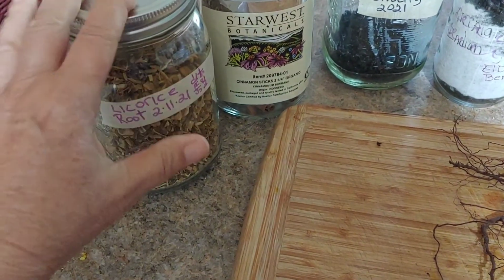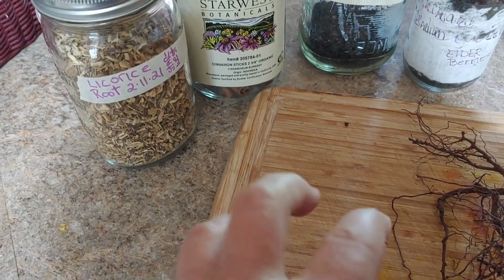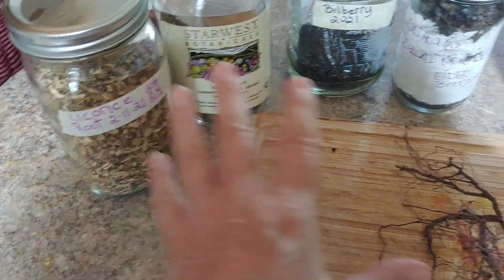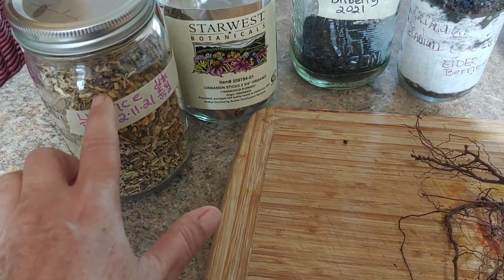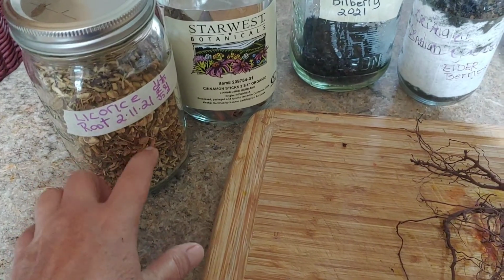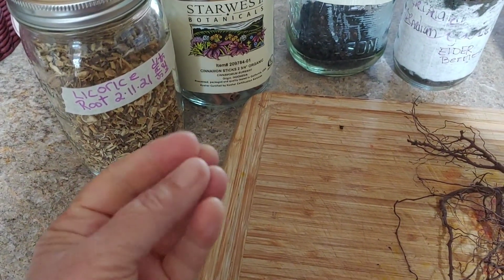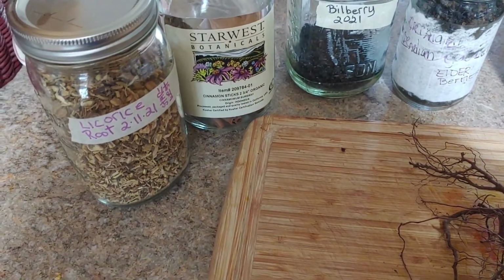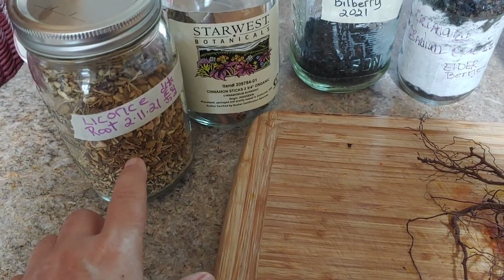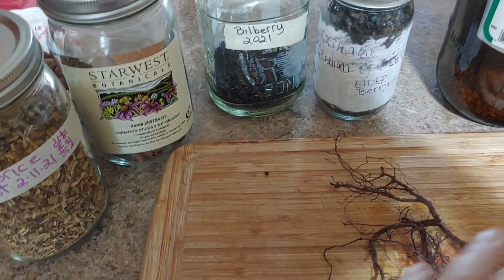It's good for diabetes. It's just good altogether, and it kind of ties all your stuff together, but you don't want to use as much of your licorice root as all the rest because it's very powerful flavored and you don't want to overpower. Now, it's slightly sweet, but you just want to use maybe, I don't even know if I used a quarter of a cup, maybe. Let's say just a quarter of a part and a part of all of those,